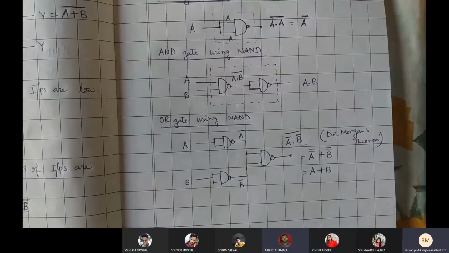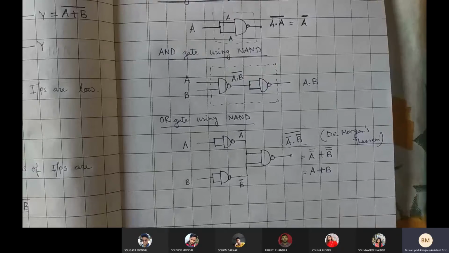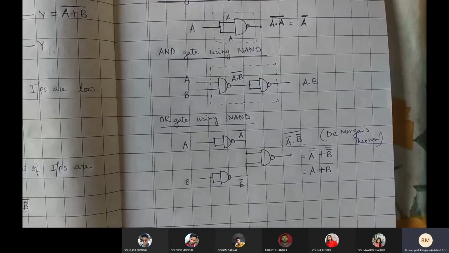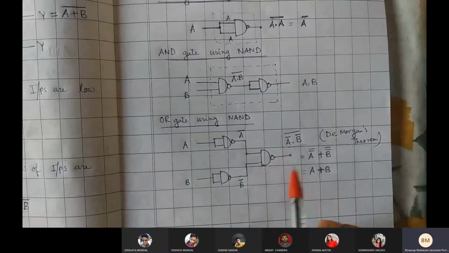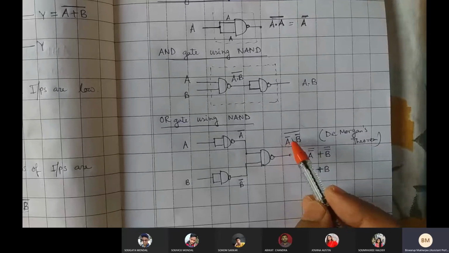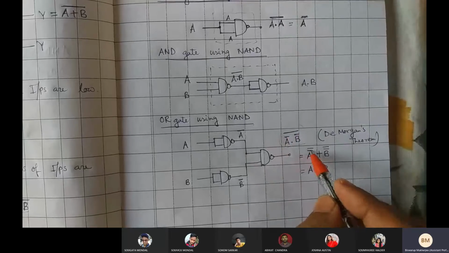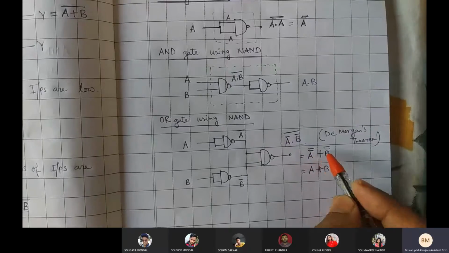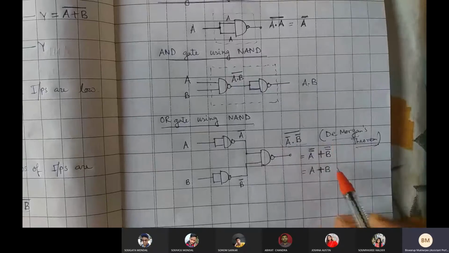Those who have computer science in their higher secondary subject can have this knowledge, De Morgan's theorem. So we'll be discussing that one today. But make sure right now for this particular case that (A complement dot B complement) whole complement is equal to A double complement plus B double complement. That can be found using De Morgan's theorem.